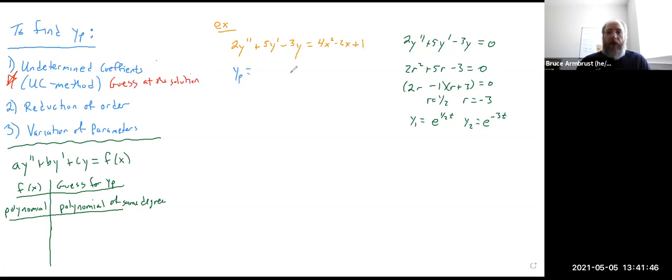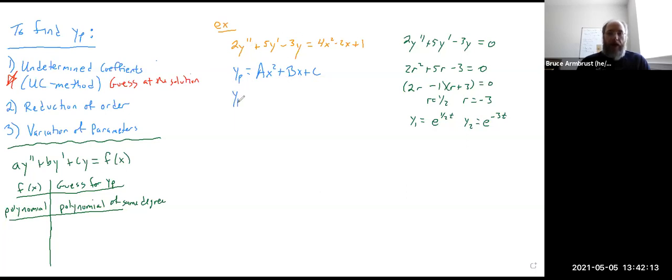Since we've got a polynomial, I'm going to go with a generic polynomial of exactly the same degree. So f of x is a quadratic, so I'm going to guess a quadratic. We're going to guess at a solution, and we're going to figure out what a, b, and c have to be by using the